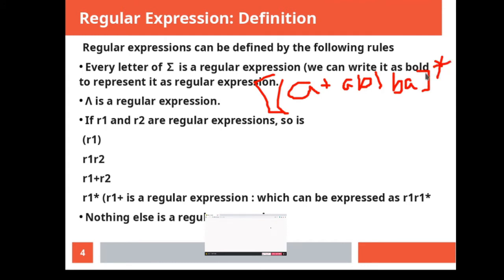So this is how we can recursively form the regular expression. So suppose I have to form a word from this regular expression. Now here I have to take Kleene closure of this entire thing. So firstly I have a choice between A and AB. Let me choose A. Then A has to be concatenated with BA. So ABA. So this is one possible word, and I can take the Kleene closure of this. So any possible repetitions of this, null or more, is a regular expression.